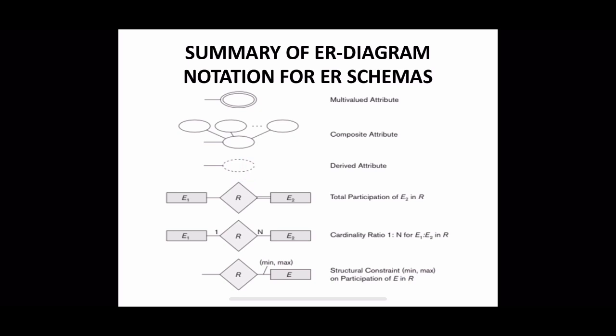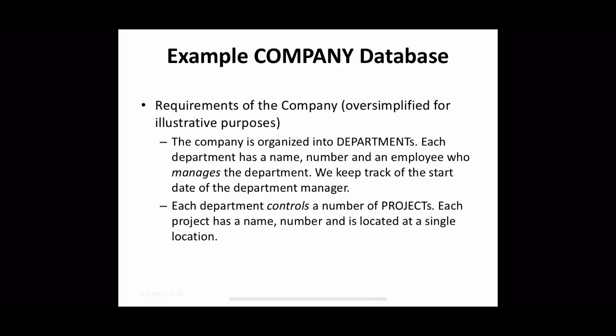Then different types of relationships. Those things we can see in a while. So based on this, let us have an initial conceptual design for our company database. So we have already seen the different requirements for the company database, right? Like the company is organized into departments, each department has a set of projects, like that. So based on these requirements, we have to define different entities in our database schema, and also we have to find the attributes. After defining these entities and attributes, we have to introduce a new concept called relationship.